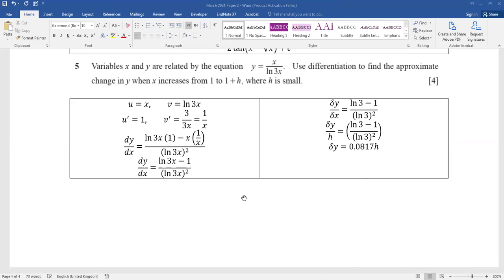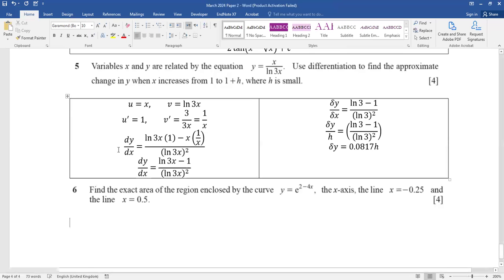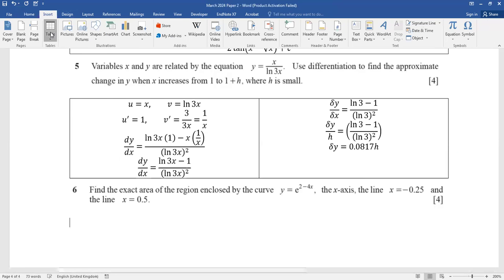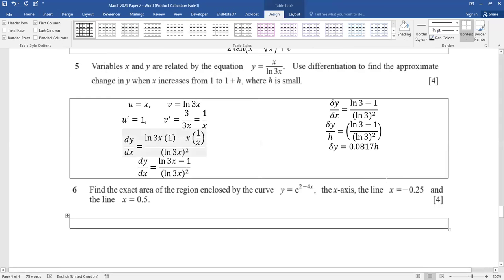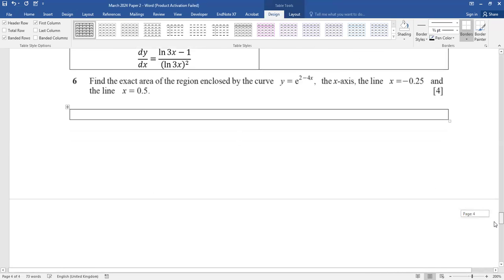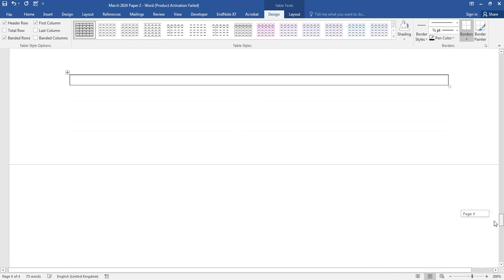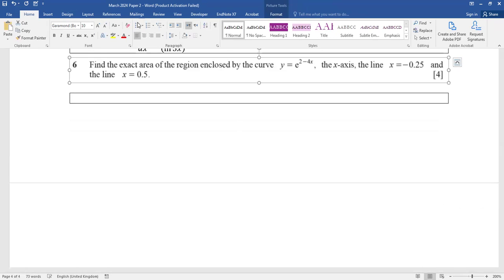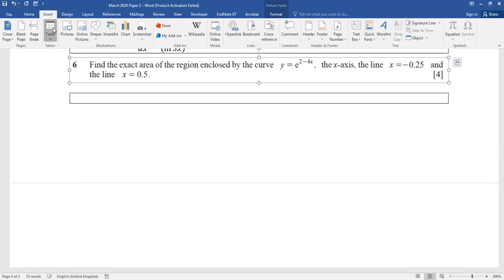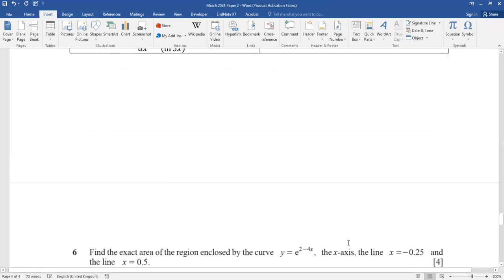Moving on to part number 6. This one has a very easy and exact integration. The area enclosed by the curve, the x-axis and the lines x equals 0.25 and